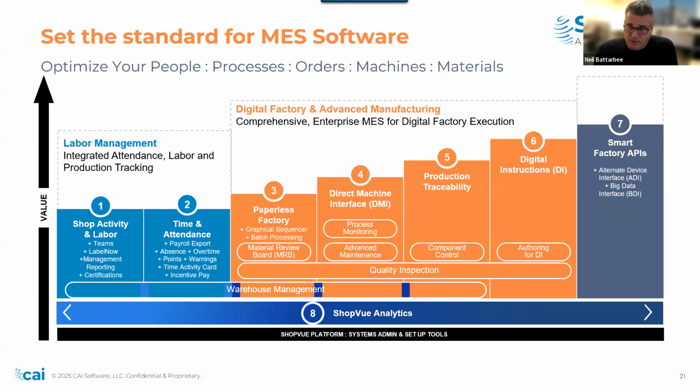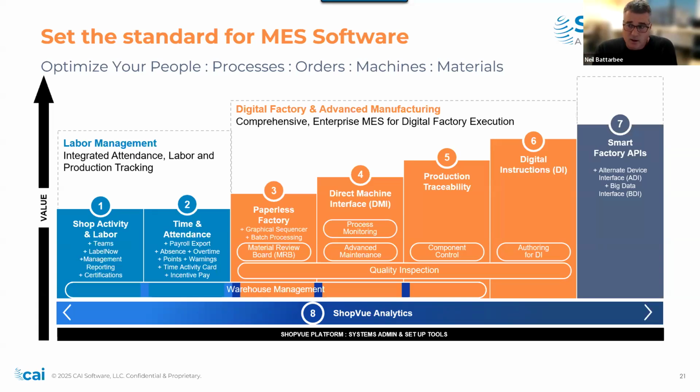ShopVue's built in three areas, really. The first is labor management there on the left-hand side. You manage your shop activity. Many of our customers still work with us for time and attendance, streamlining accruals and PTO and overtime. If you're part of a bigger enterprise with an enterprise level solution across multiple plants, then we'll just connect with it, your Workday, your ADP, or UKG, whatever. But ShopVue can be a front end to an HRIS system, a system of record.